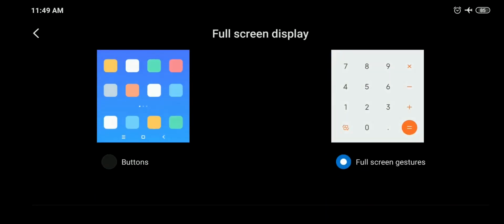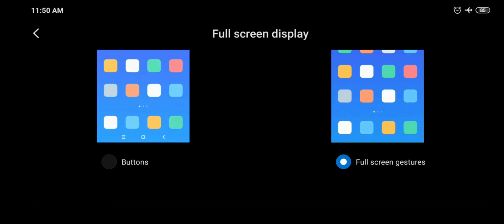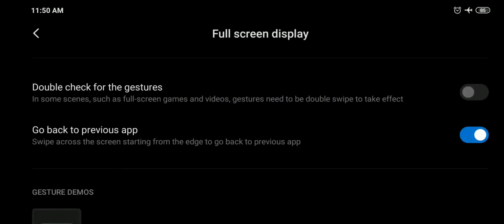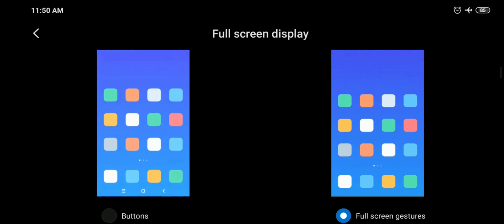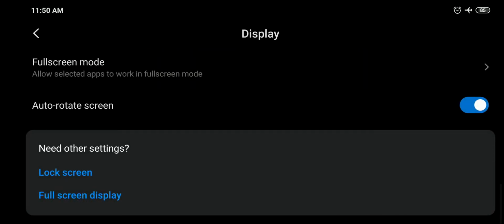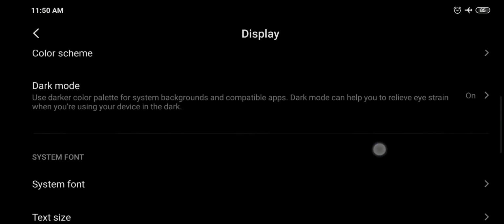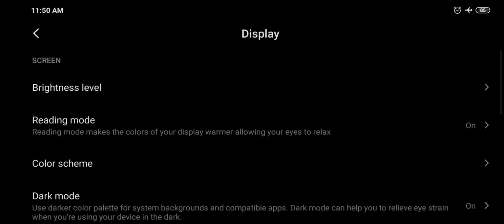You may switch on full screen gestures. What that will do is, your home button, back button, recent items button will be disabled from your screen, and once that is disabled, the screen size actually increases a bit, and that will help you to record at a larger screen size.